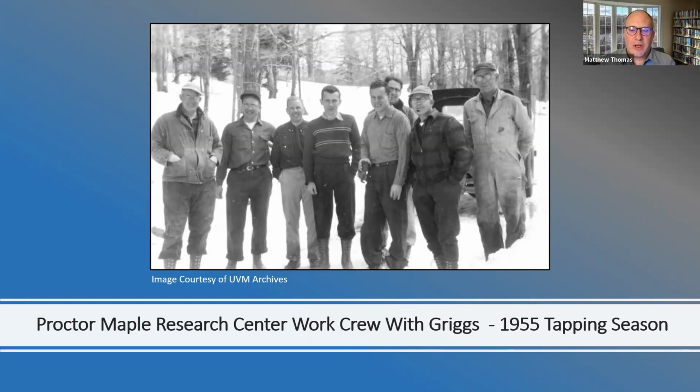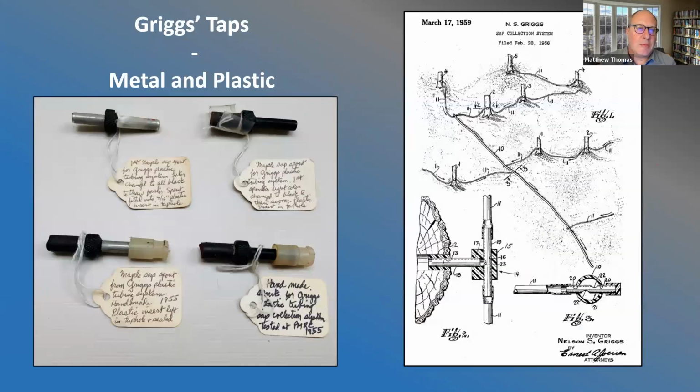But they put in a number of taps, and we know a little bit about this research from the notes from the Proctor Maple Research archives about how he did things and what they did. Between March 8th and April 29th, Nelson Griggs led a series of maple experiments. They purchased tubing, but he developed these taps